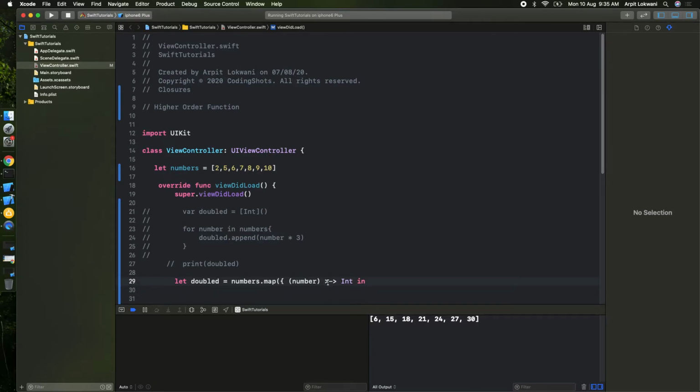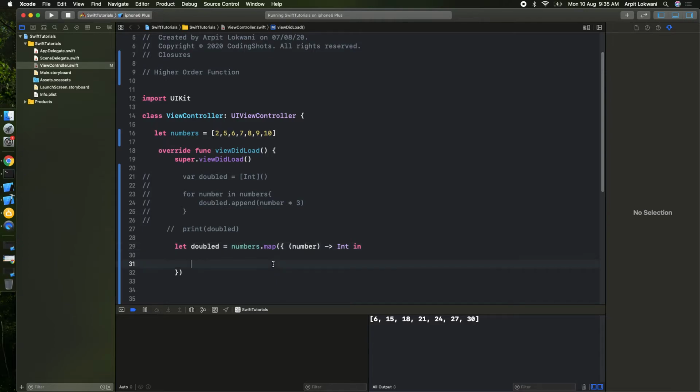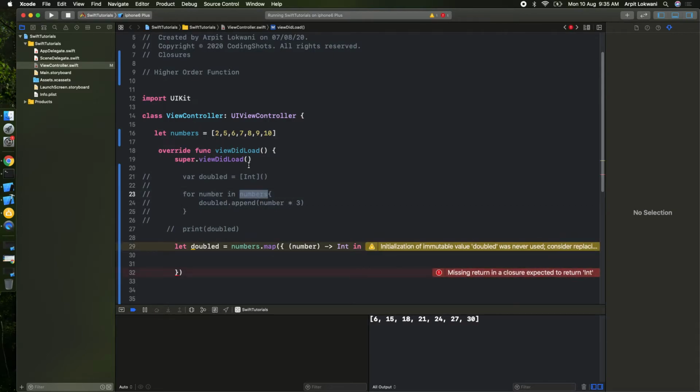Sorry, the syntax changes, fine. So what we did is the same as number in numbers. This is of type Int, because we have not given it explicitly, so it will take that. Now we are saying the return type should be an Int array, so we say return number multiplied by 3.